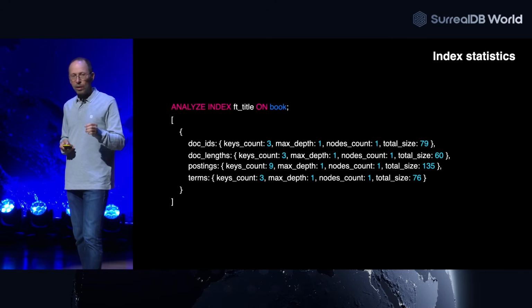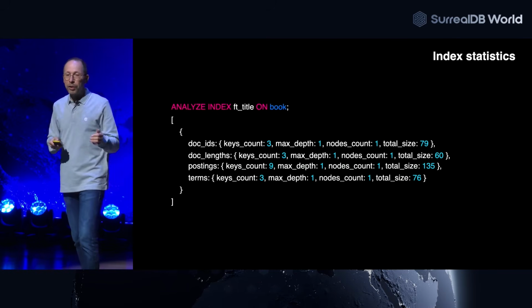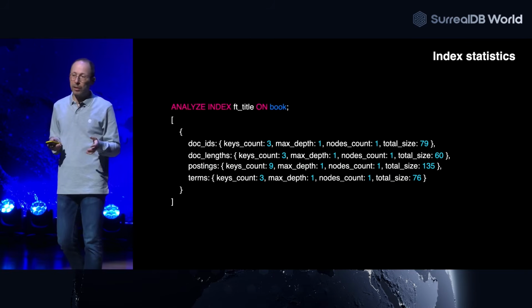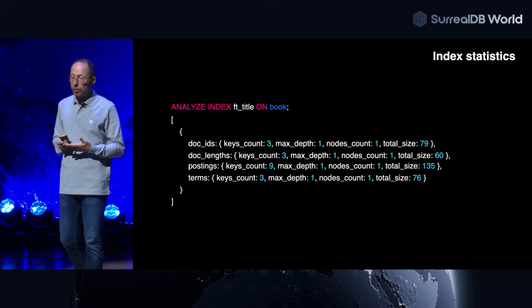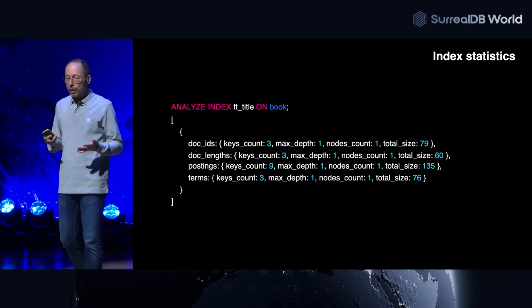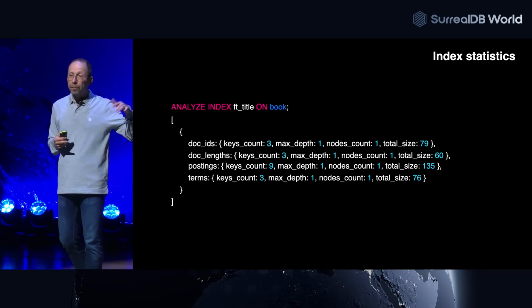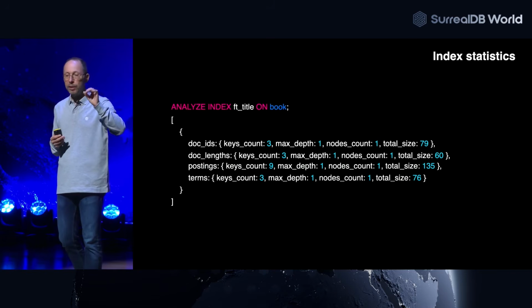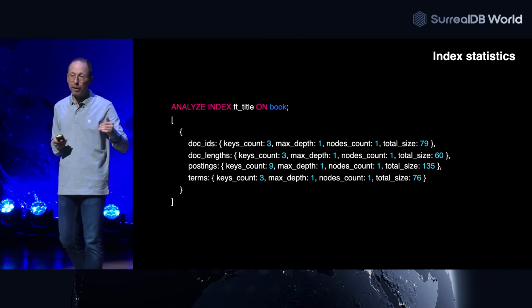Another thing is about getting information about the index. The thing to know about indexes is that they slow down ingestion, right? Because when you put a record inside, it's going to update the index as well. It's a normal thing. And sometimes you also need to understand what is the impact of the index on the database itself. So we now provide a new command called ANALYZE. As you can see, it will probably be used for other things in the future, but it starts with the index. So you have ANALYZE INDEX, you give the name of the index, and we give you this low-level information about what is happening behind the scenes.